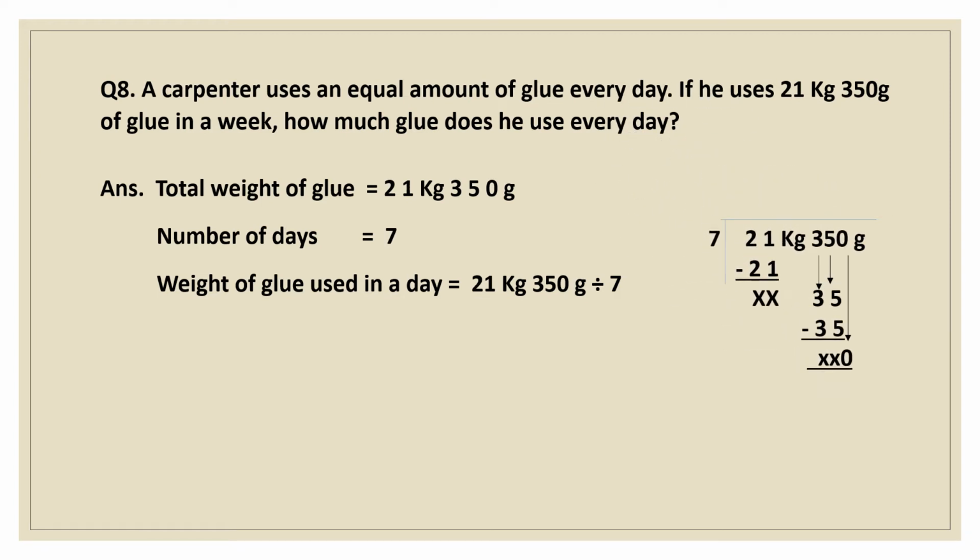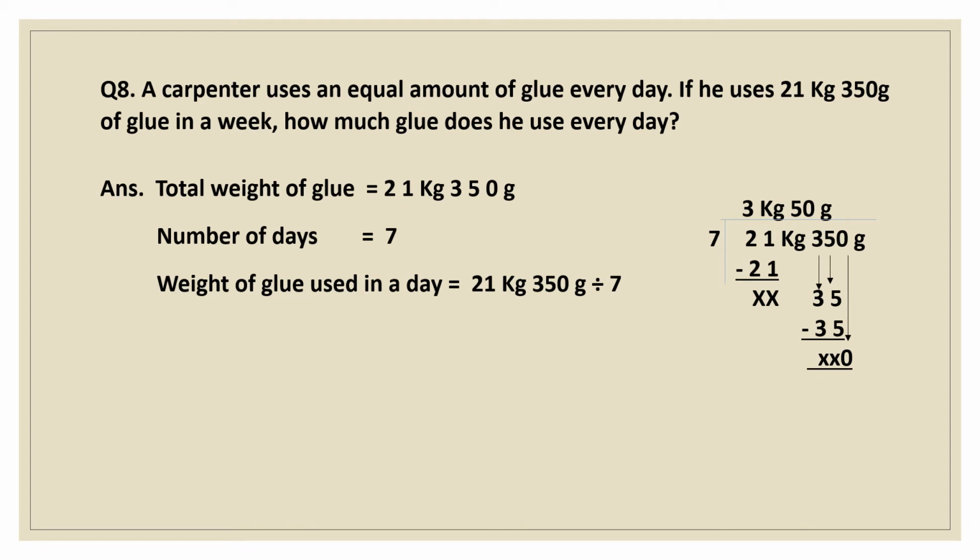Now you have to divide it, children. So 7 threes are 21. So you will subtract 21 minus 21, 0. Then kilogram is written, write kilogram on the quotient also. Then next number is 3, which is smaller than the divisor. So you cannot divide. So write down 0, or no need also. You can bring down the next number, that is 5. It will become 35. 7 fives are 35. So write 5 on the quotient.